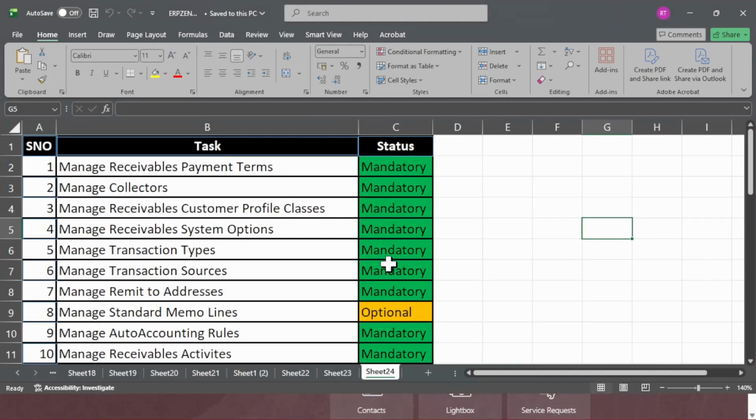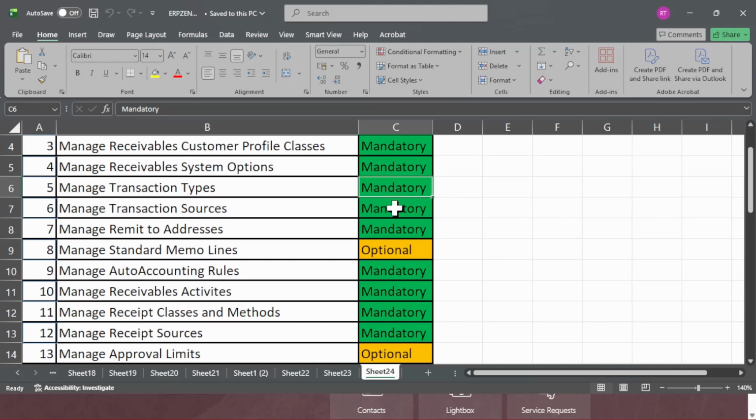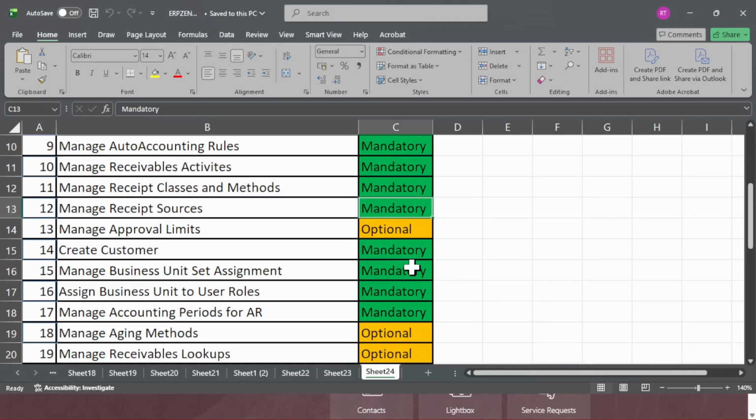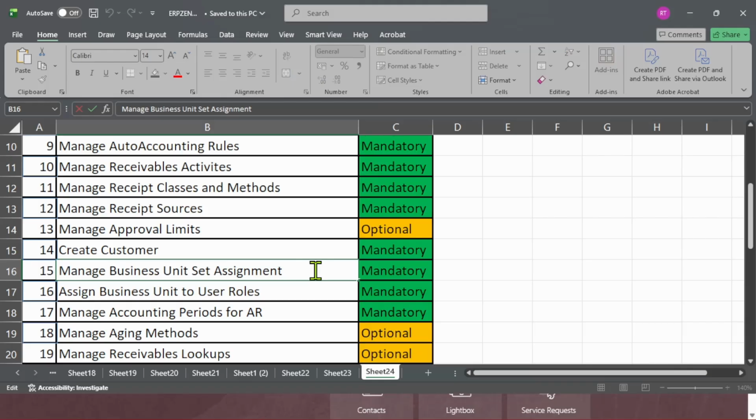So these are the account receivable setups. Manage receivables payment terms, collectors, customer profile classes, system options, transaction types, transaction sources, remit to address, memo lines, auto accounting rules, receivables activities, receipt classes and methods, receipt sources, customer creation, business unit. It is nothing but RDS, creating and assigning RDS to customer